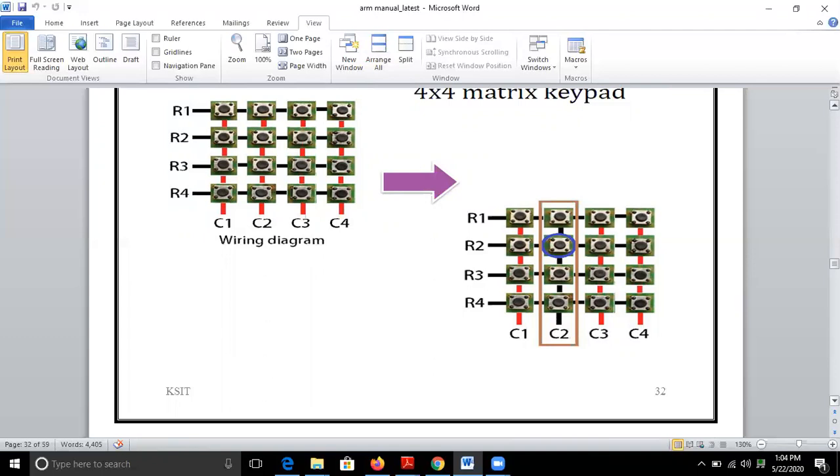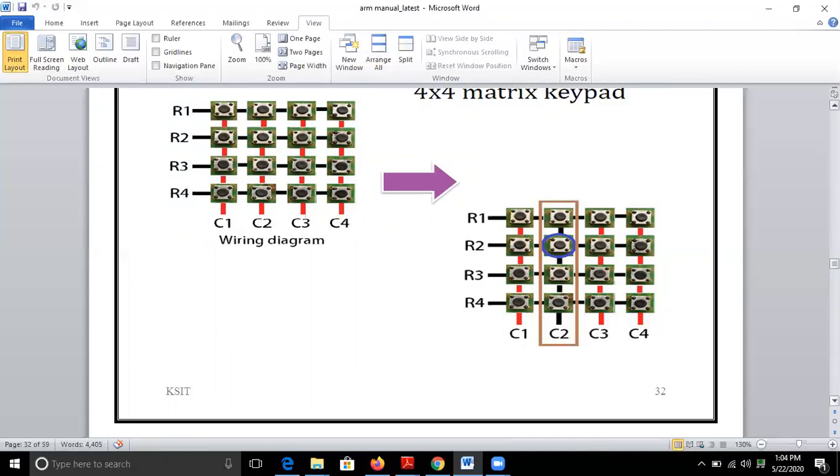Now, when there is no key pressed, the columns C1 to C4 should give ideally a value of ground. Now, assume that there is one key pressed. So you start detecting a value of logic 0 on one of the columns.